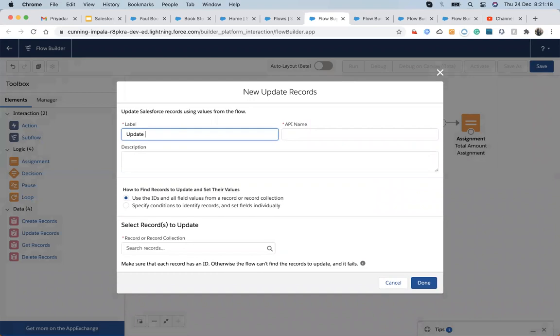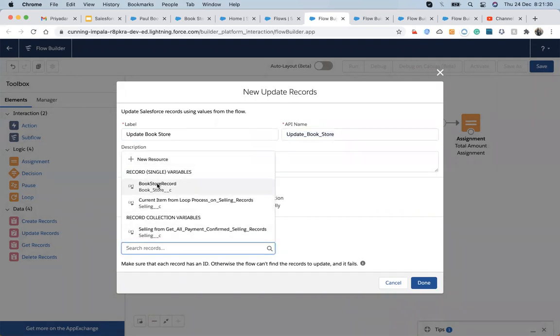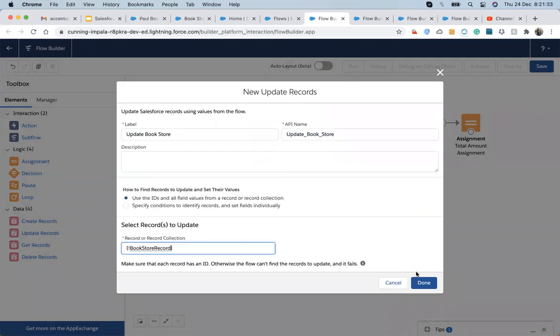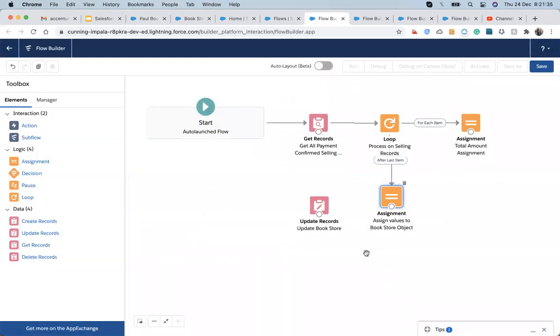So update bookstore. Where is that bookstore record? And I hit done, and I connected this to this. Okay, and I hit save.